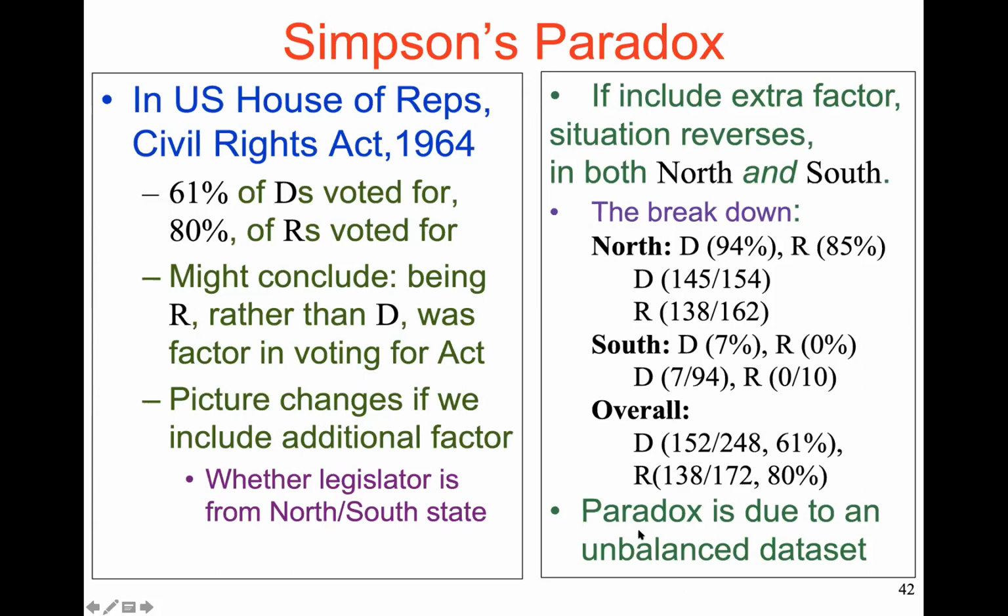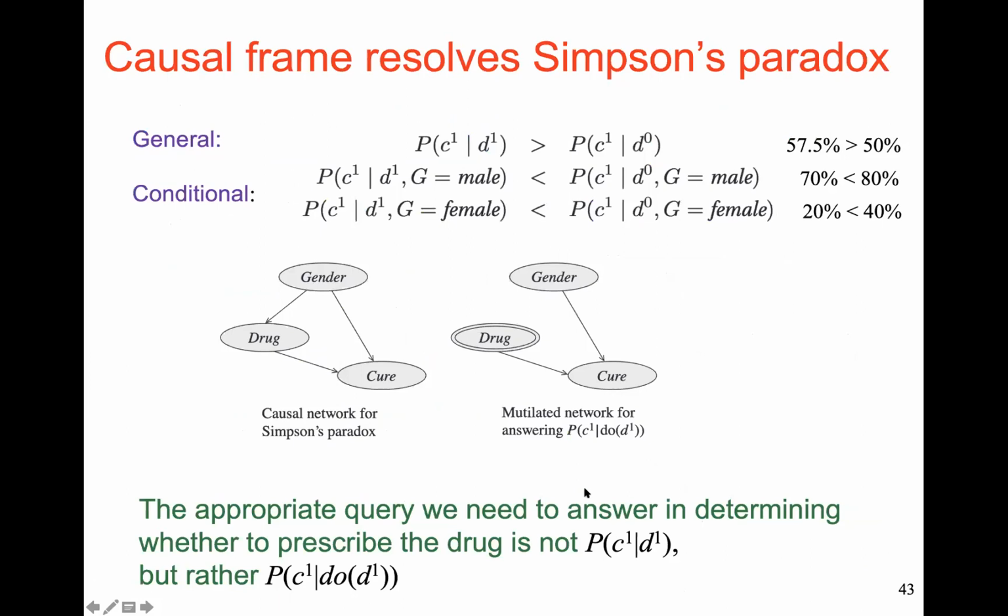Simpson's Paradox is, in this case, you can say it's an unbalanced data set, but it is more general than that. And this causal framework we just talked about can actually help resolve Simpson's Paradox. Oh, wow. So there is a certain power to this intervention to solve certain correlational issues in data. This one is about an example where we have a cure and there's a drug for the cure. Take the drug or not take the drug, cure or not cure. So this is a binary variable cure, a binary variable drug, and gender is also a binary variable, male or female.